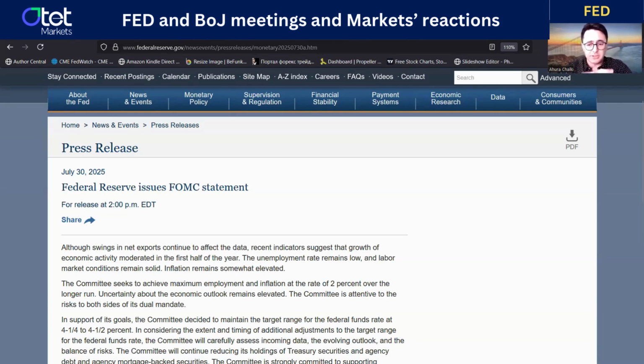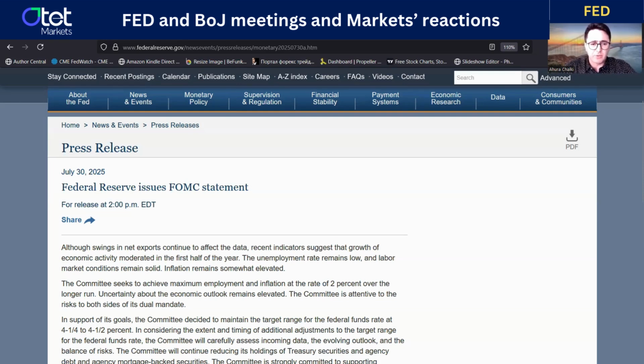Anyway, the market didn't react just to the Fed meeting. There are too many other options and too many other factors that the markets, especially the stock markets, have been carrying. Let's go in more detail and see what the decision was. So that was the decision, and let's see why the Federal Reserve made these decisions.